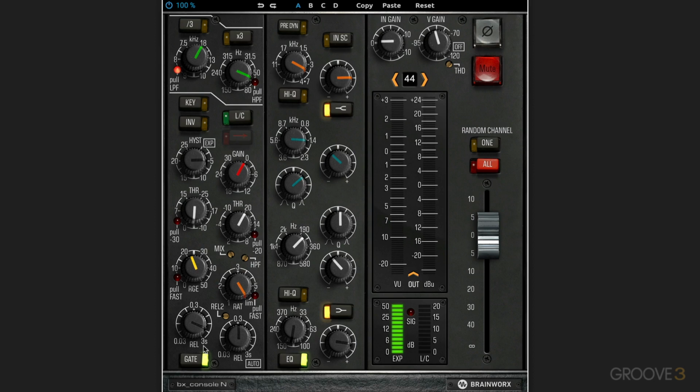So here's a pretty typical example of a gate. This is on the snare drum track. And we hear a lot of leakage of the kick and the hi-hat. Now the idea is we can't eliminate it all because we don't want to lose the grace notes on the snare. This is what it's cutting out